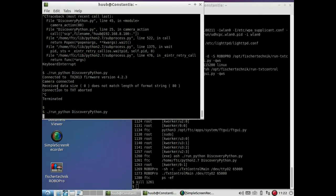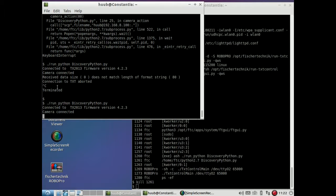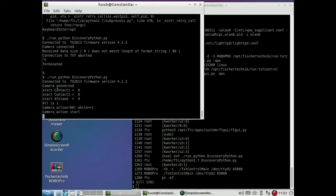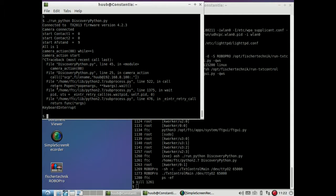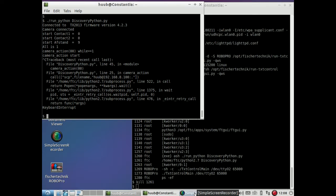61. Yes. Run again. Camera connected. Online mode. Distance is 9. Okay, that tells me enough. So the sonar actually does work. Very good. Time for the next test. So with the sonar tested,